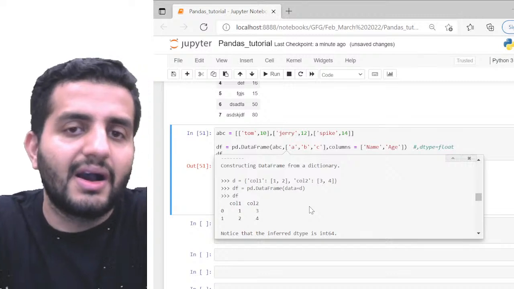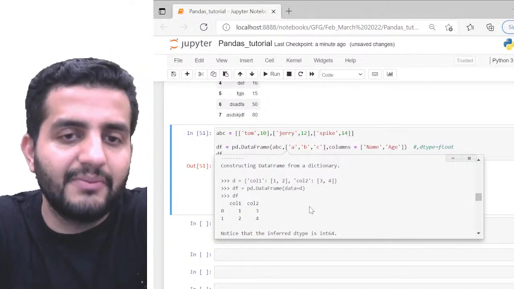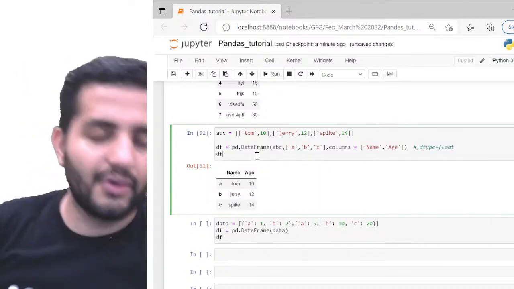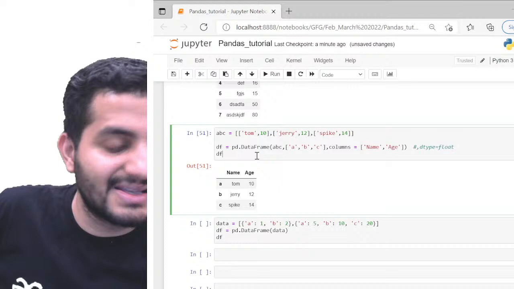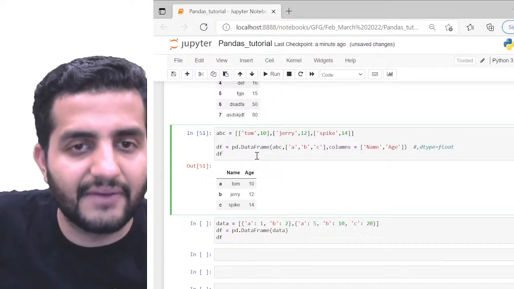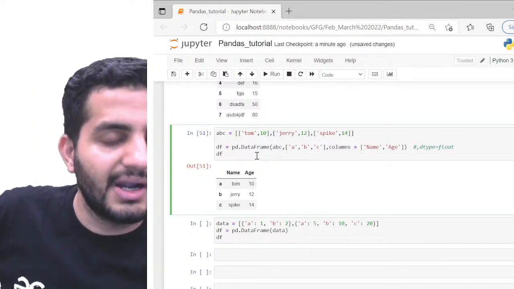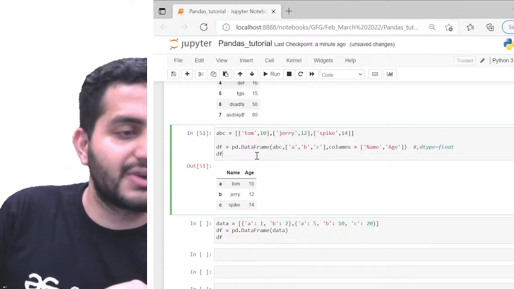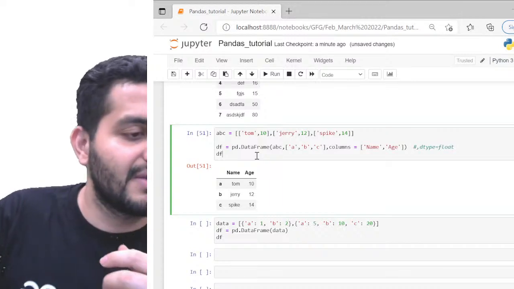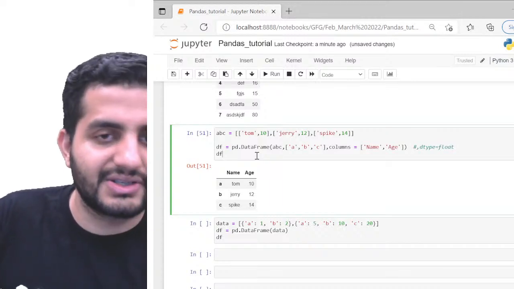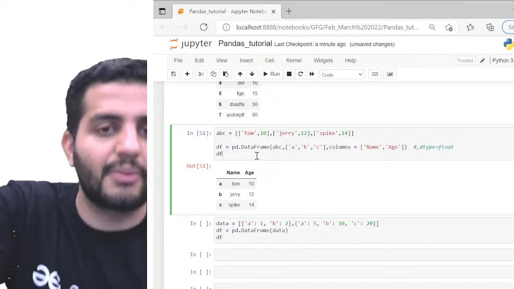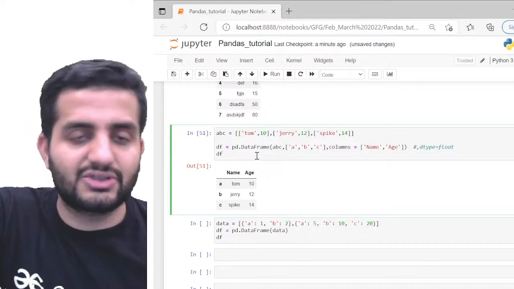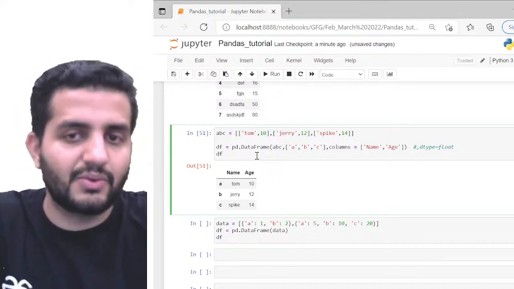We want to create a sub copy of my data frame. Suppose you want to do some analysis or some feature engineering on top of this df, so this df will get altered, right? But if we keep copy equal to true, that means we're going to save the initial version of the data frame as it is, and then we can keep on modifying it with whatever analysis we do on top of this. We can always keep a copy of it, so we retain the original version of my data frame. So that's what copy helps us with.